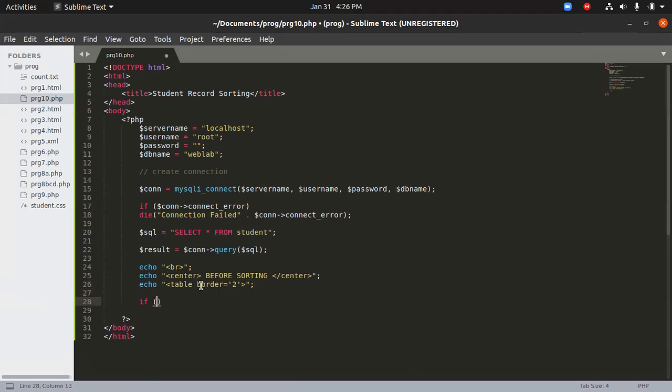If there's a result, this $result, then the if statement will start running.